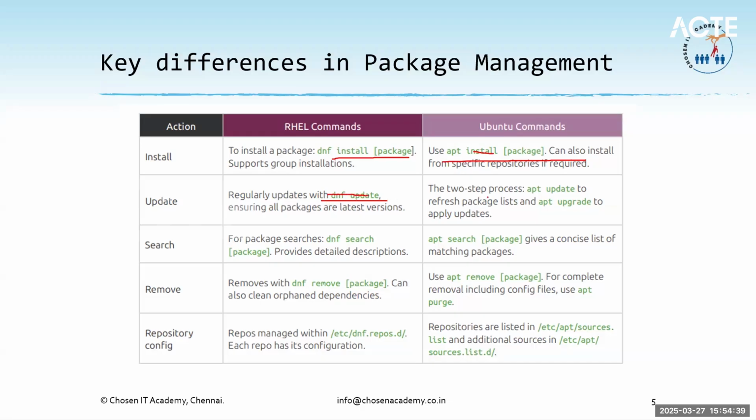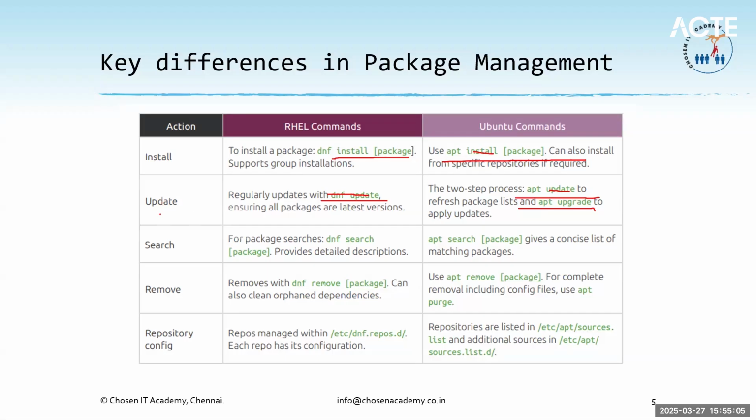But in Ubuntu it's a two-step process. First we give apt update, and then we give apt upgrade. Here there is also a DNF check-update command, but it's not mandatory. But it's better to follow the two-step process for upgrading